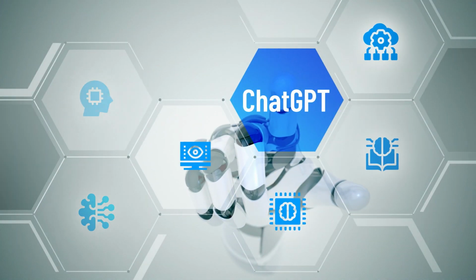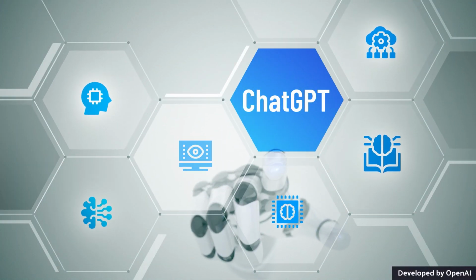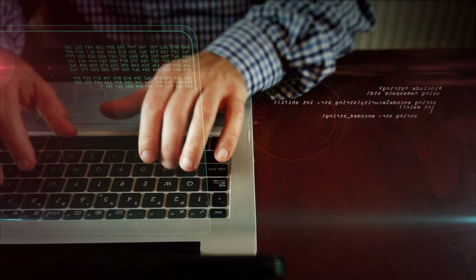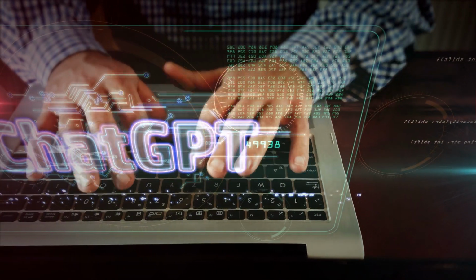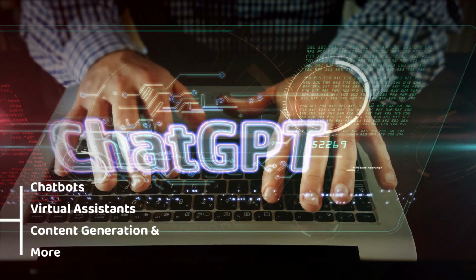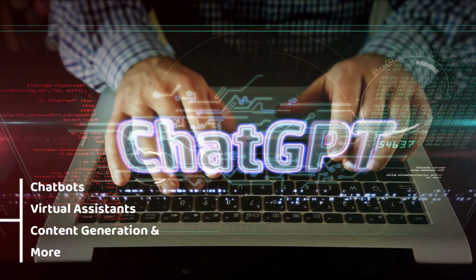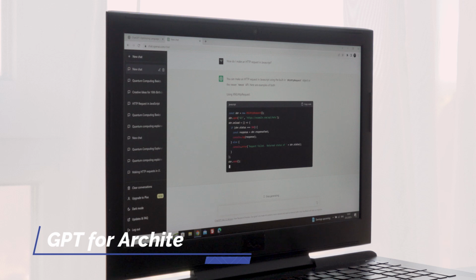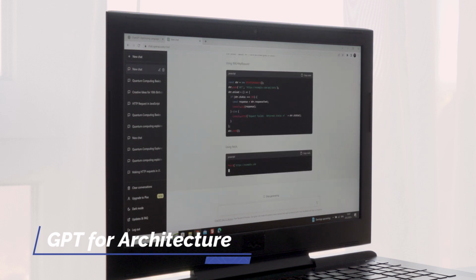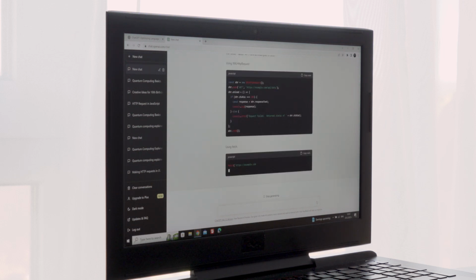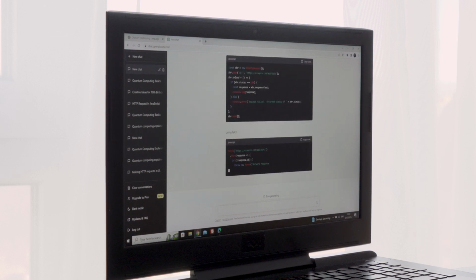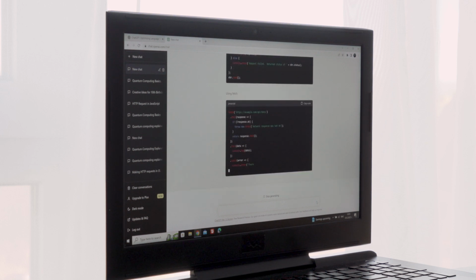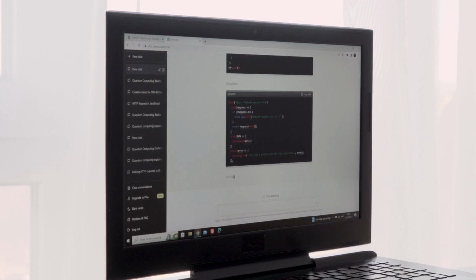ChatGPT is an advanced AI language model developed by OpenAI. It excels in generating coherent and contextually relevant text, and can be applied in various domains like chatbots, virtual assistants, content generation, and more. ChatGPT is built on the GPT-4 architecture, an improvement over the previous GPT-3 model. GPT-4 leverages a more extensive and diverse dataset, offering even more advanced capabilities in terms of language understanding, contextual awareness,